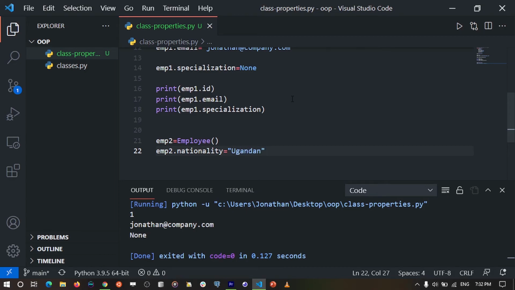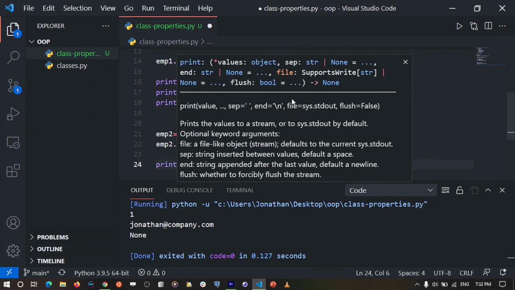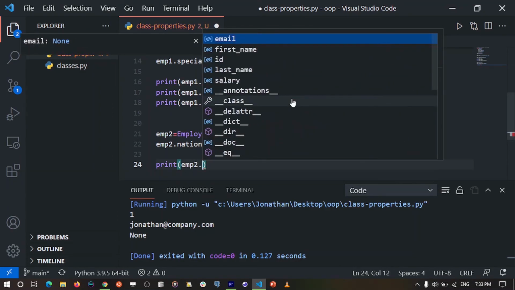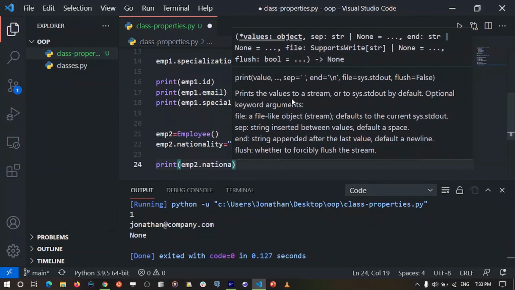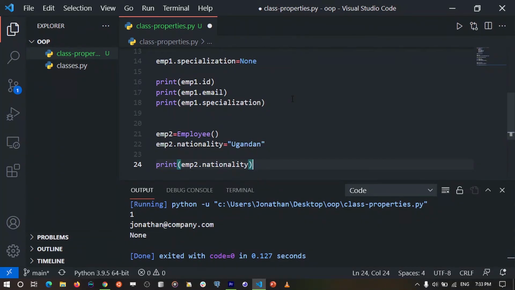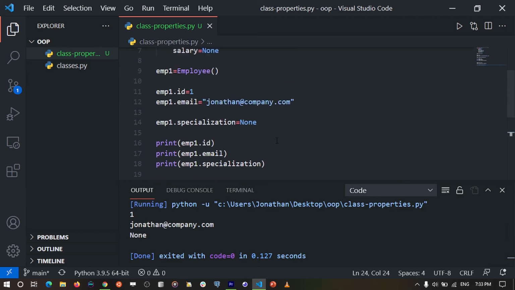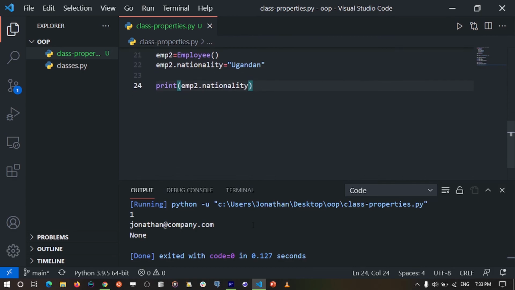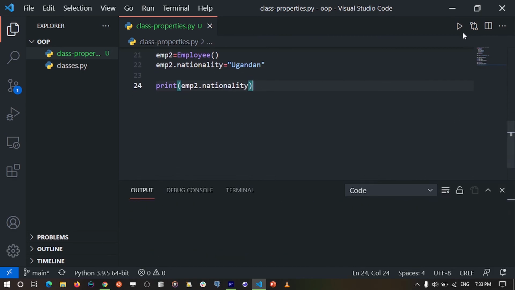So when I save this, I can also print this out. So let me say print employee2.nationality. This is an attribute that we have given to this object outside the class. When I print this, we are going to see the nationality of this object, but this nationality is not part of the attributes that we assigned to this class. So let me go ahead and print this. I'm going to first clear my output, then run with run code, and then we see that the employee's nationality has been printed.